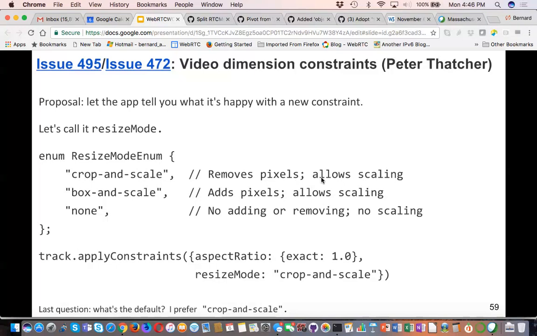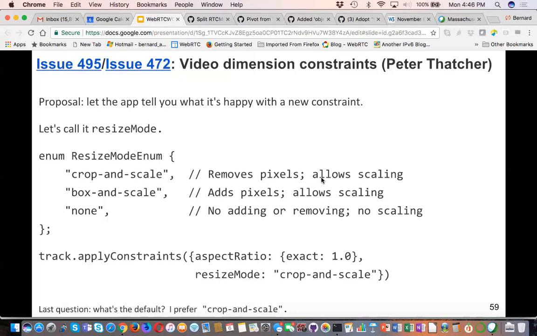Resize mode would apply to aspect ratio. But I guess you were making the case that it should. You indicate that you're willing to scale, and if you say none, right?